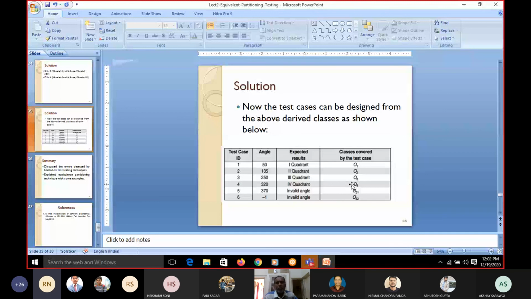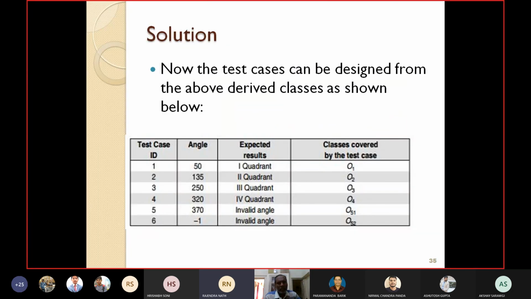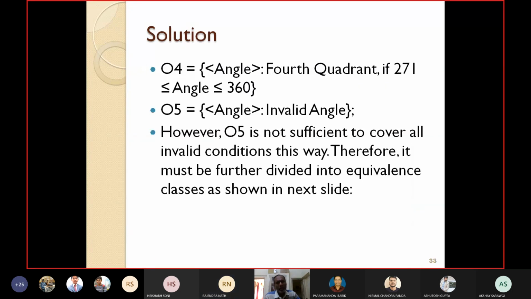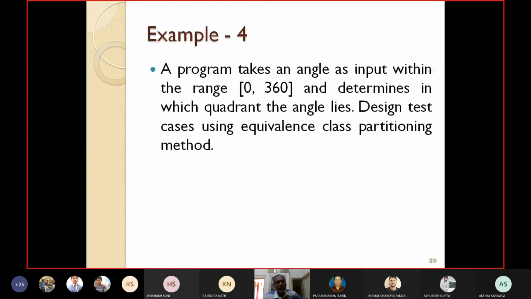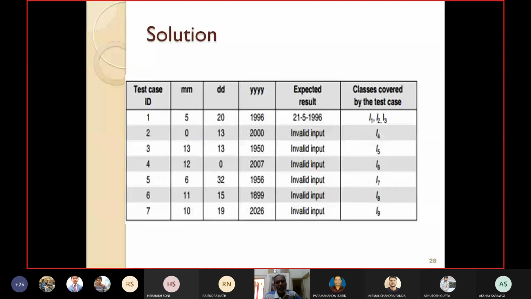Okay. Hello, sir. Yes. Sir, in the example where the date is considered as month, day and year, not every month has 31 days. So how can those equivalence classes be good? Yes, that is a very good, valid question, that every month does not have 31 days; some months are 30, some months are 31. So again that has to be rectified.